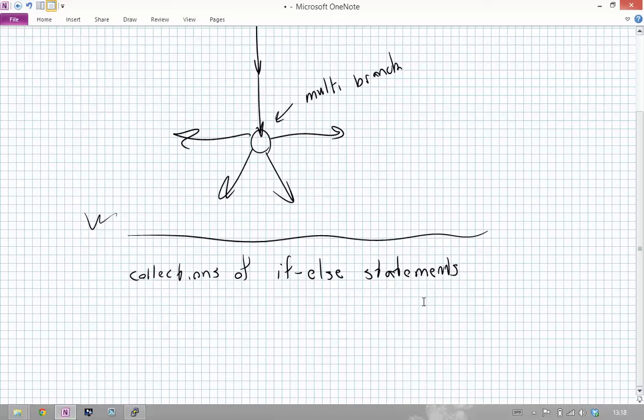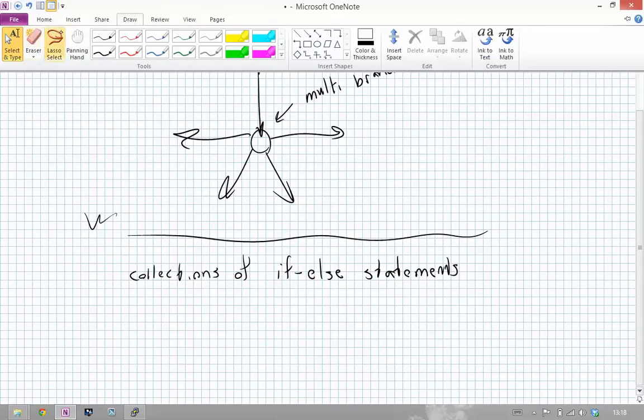Collections of if-else statements. So there are kind of two ways of doing this. You can do if. Boy, we're just having a